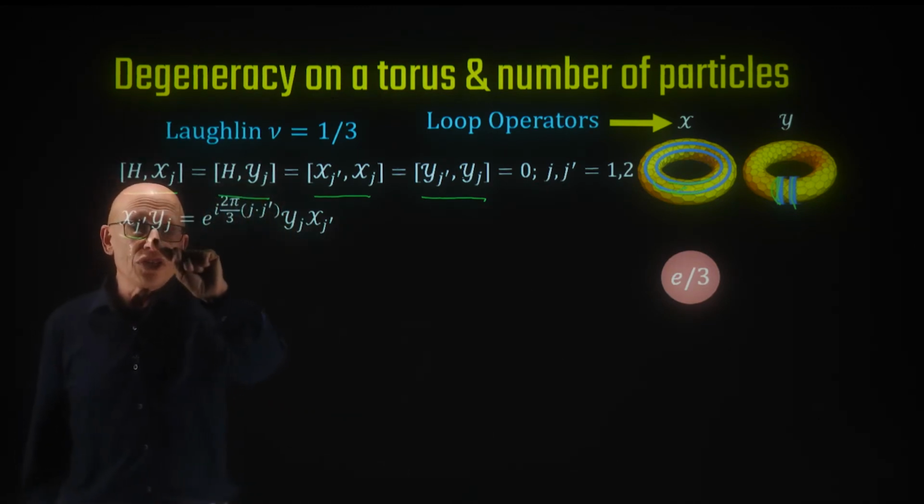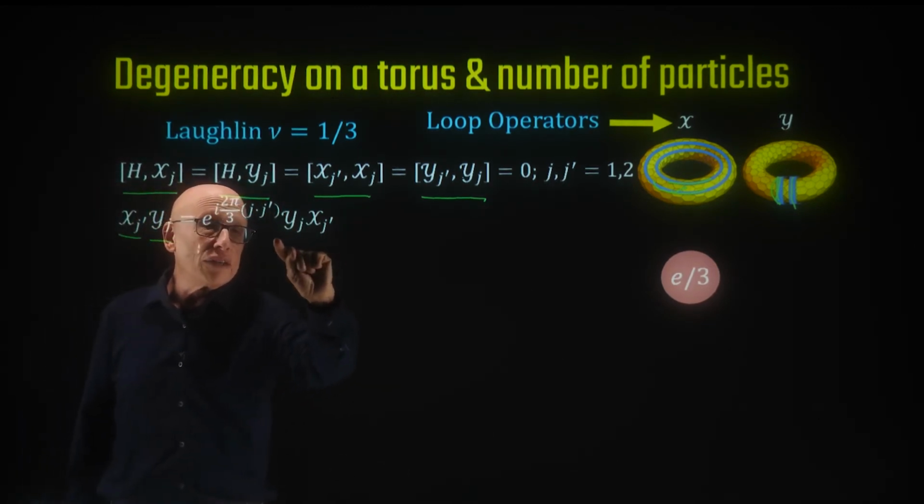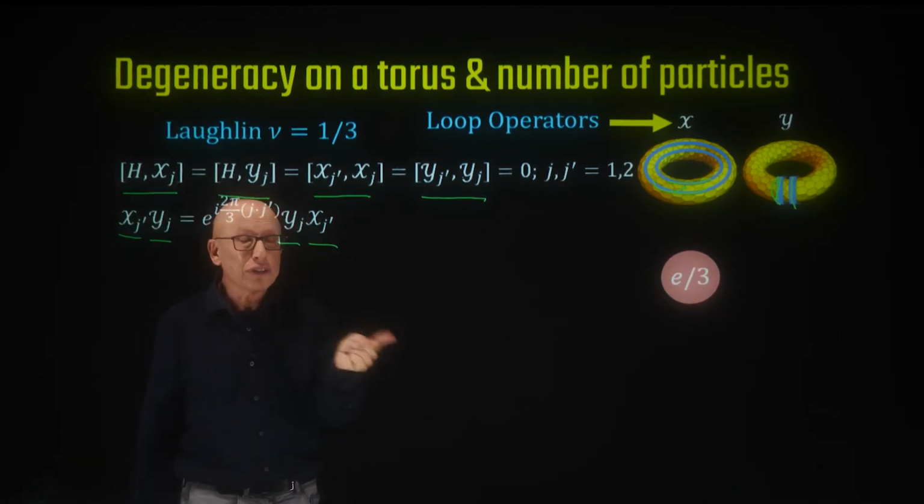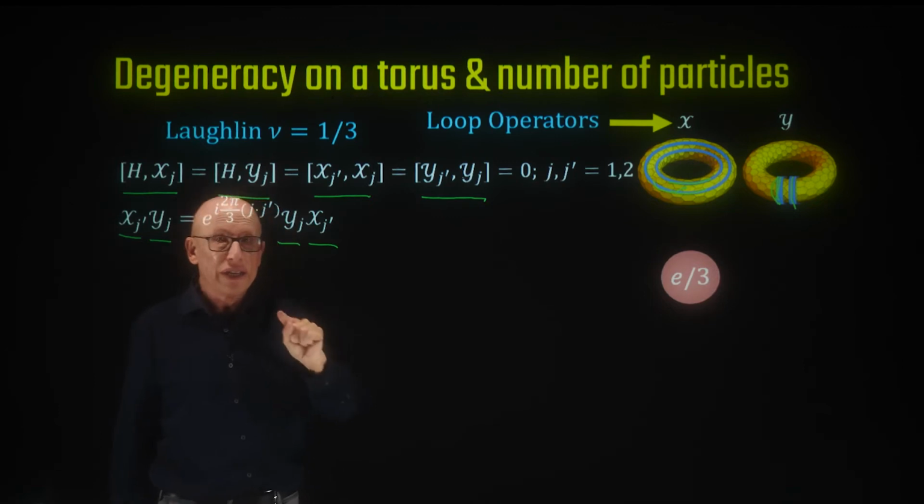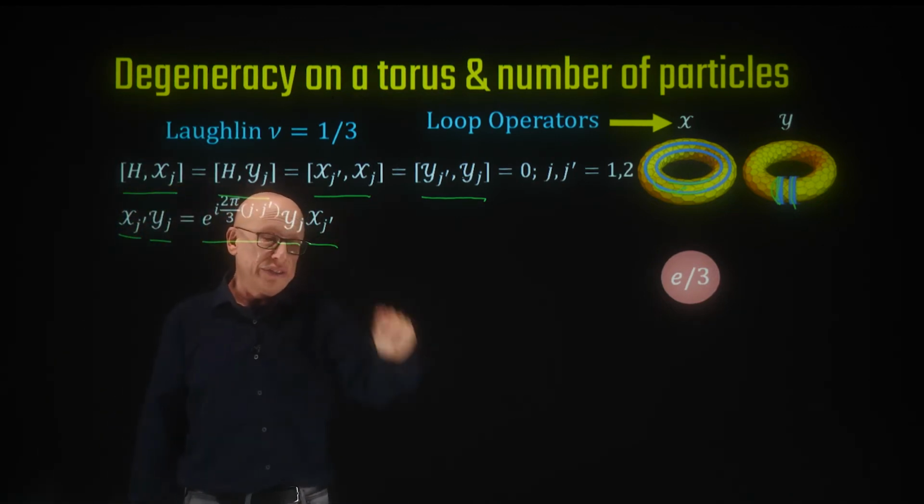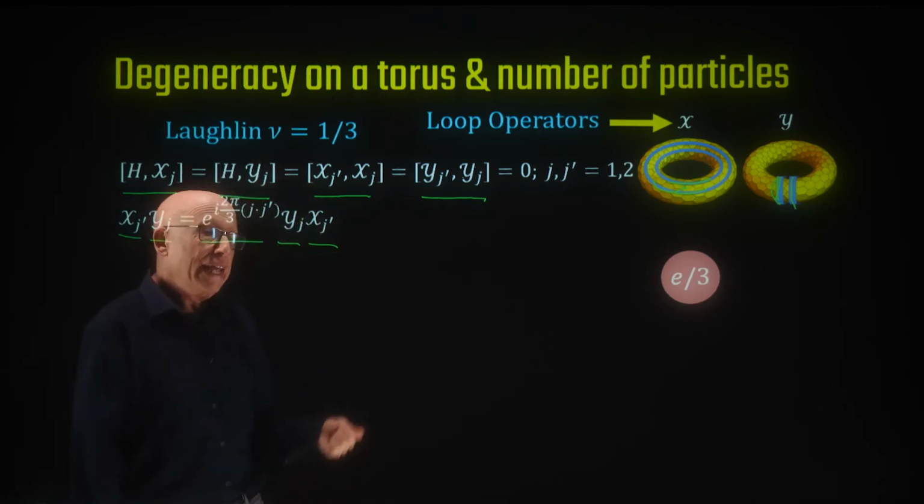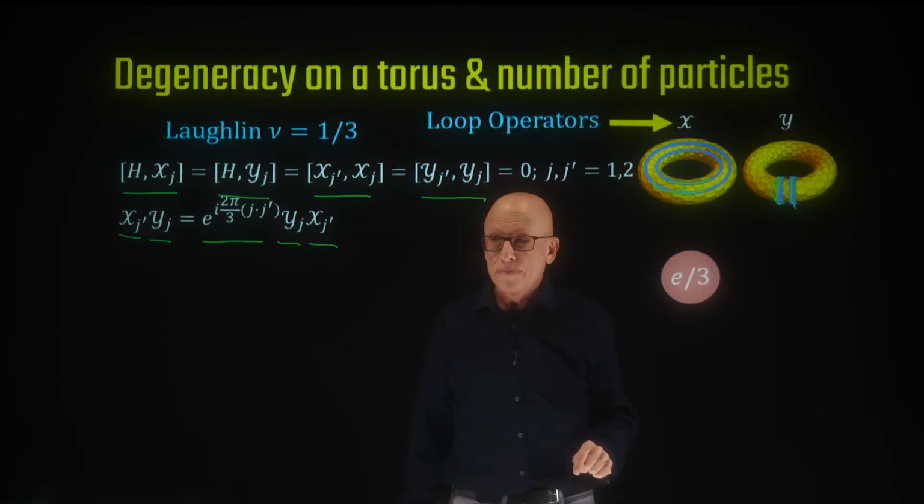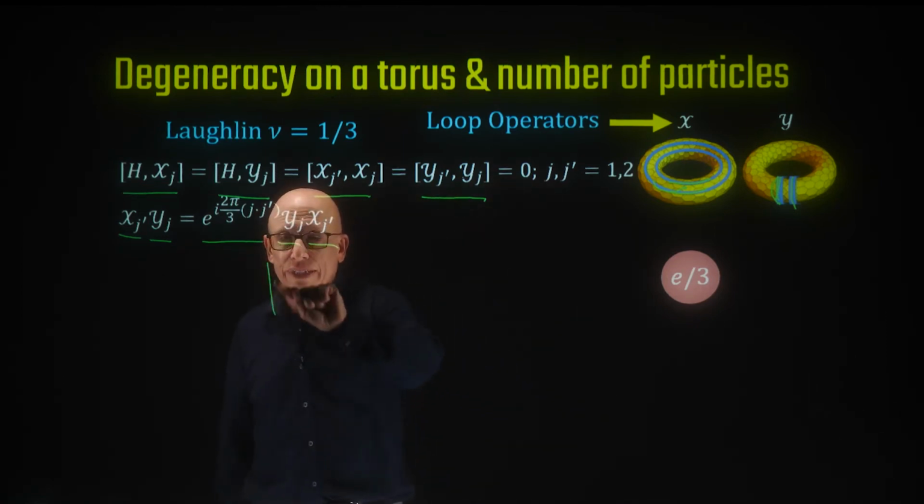x_j' times y_j will be related to y_j times x_j' by a phase factor. And the phase factor is not a plus or minus 1. It's a non-trivial phase factor. Now, this combination of relations immediately tells us that the ground state must be degenerate. Why? Because imagine that we took a ground state, psi,